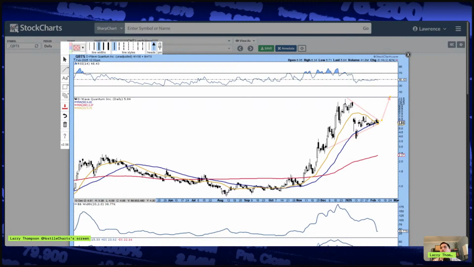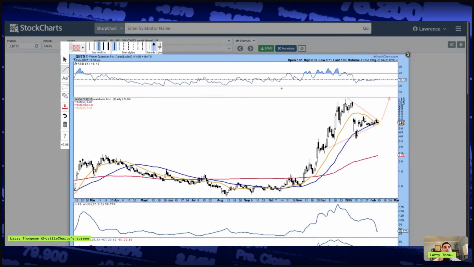And then if we break below that $5 mark here, right, it's a tight stop, but this position is coiled. So in those types of positions, you can have the benefit of having tight stops, and that'll let us know when to get out of the market. The analogy I always tell people is, if you're on a hike, would you rather know you're going in the wrong direction 1 mile or 2 or 10 miles in? So with these types of trades, you can know you're wrong pretty quickly, which allows you to save that moolah, right? Risk management.